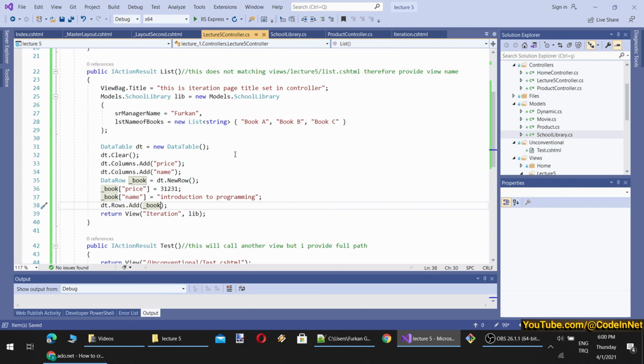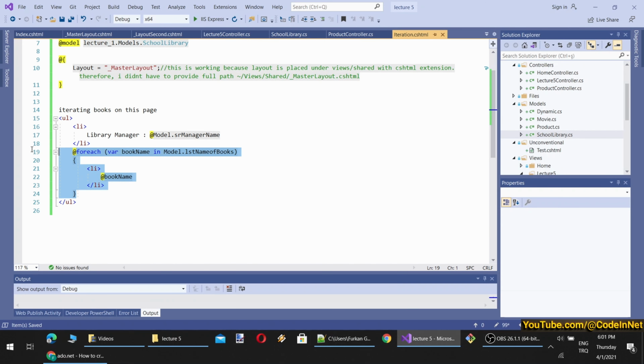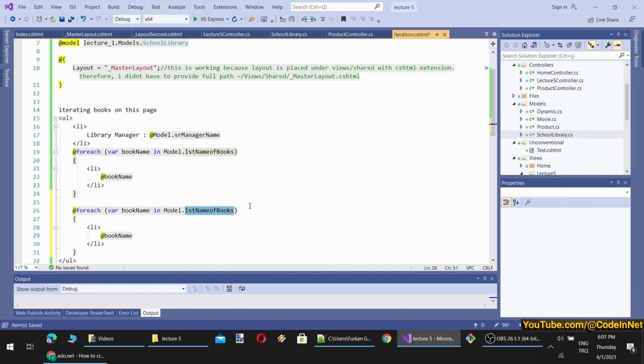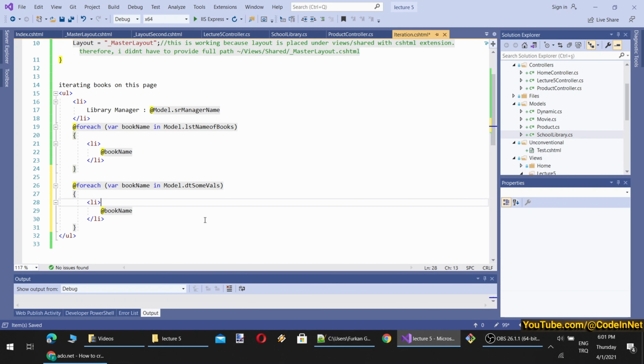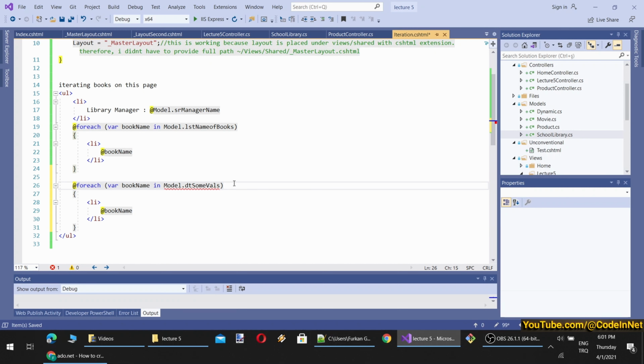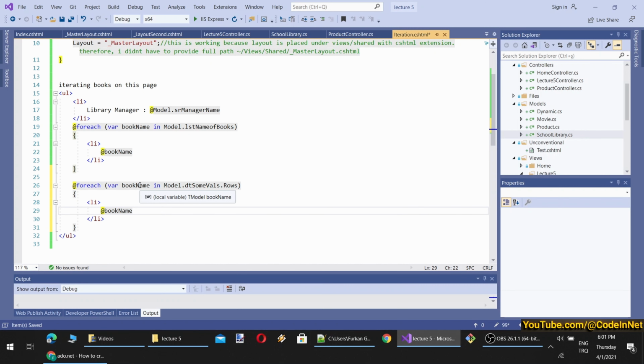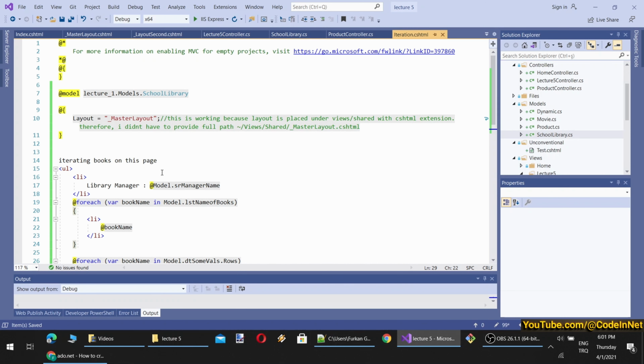The reason I have done this is how we are going to use it here. Okay, for example, let's show model dot this. Now will this work? Okay, it says that foreach statement cannot operate on data table because the, okay, I have to set this as rows. Now it is item.model book name. Would it work like this? We don't have